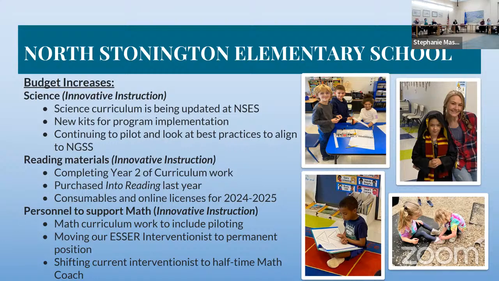One of the things that we would like to add is we've had a second math interventionist who's been funded through ESSER grants for the last 3 years. This has proven to be super helpful to our students. I think as you saw our math scores between grades 3, 5, and 6. It's really beneficial to have a second person helping with that math intervention. So that's something we would like to move into the budget.